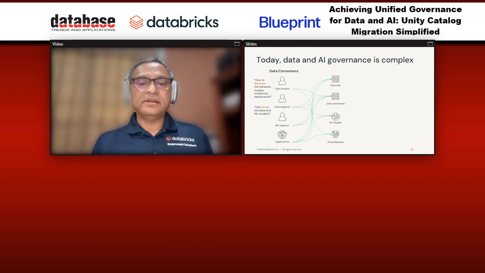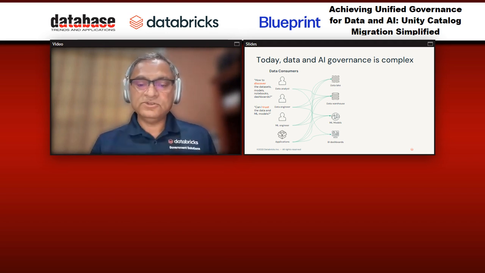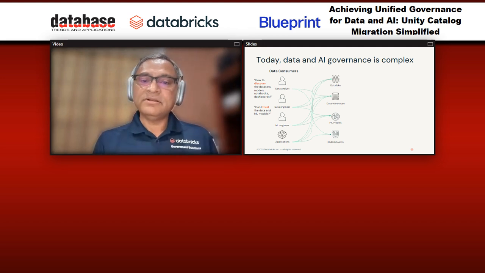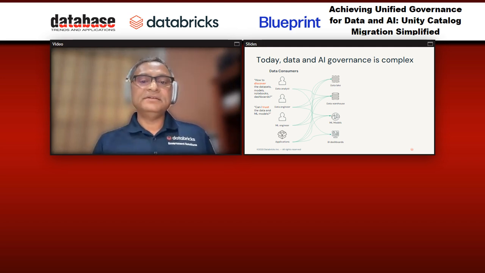But if you take a look at it, data comes to you at a very fast pace from various different sources in many different shapes and sizes. Your data can be structured, unstructured, semi-structured. Your data can be coming at you in batch format or streaming format or real-time or semi-real-time format, right? And all of that is coming at you fast.